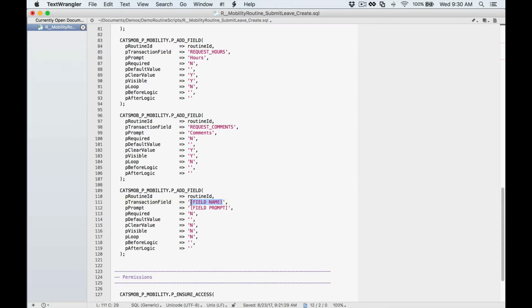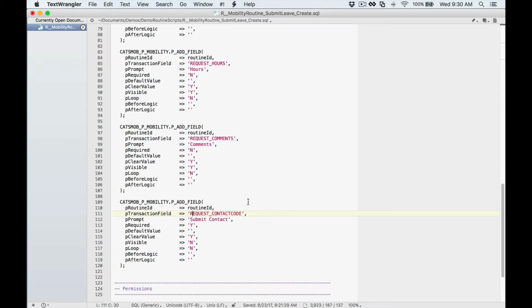Finally, I'm going to include a field at the bottom. That is going to be another hidden field. I don't necessarily have to put in a prompt for the hidden field, but I'll go ahead and just for the sake of consistency. So I'm going to keep the visible flag as no. This is going to allow me to capture data around who is logged on and created, and we'll show how